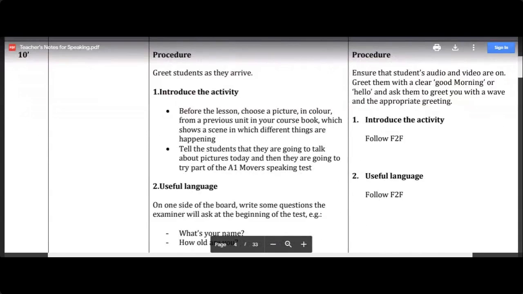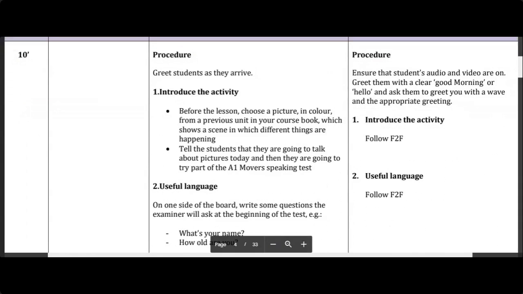The activity can begin with saying, now we are going to talk about pictures today, and we are going to try part of the A1 Movers speaking test. This part of the test is where children have to describe a picture. They have to look at pictures and talk about differences. So you can begin with a warmer like this by bringing in their own textbook and using this activity. And then